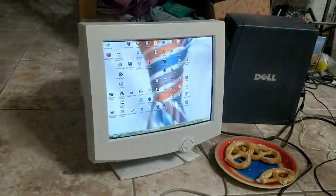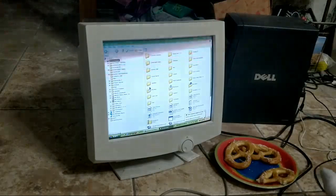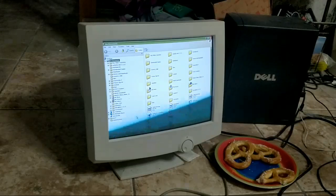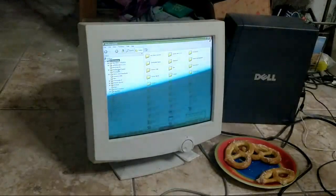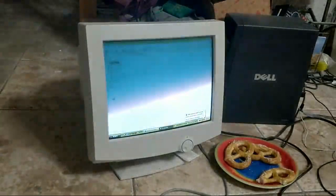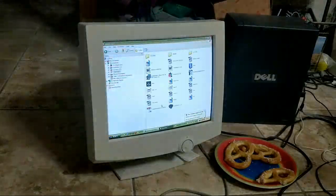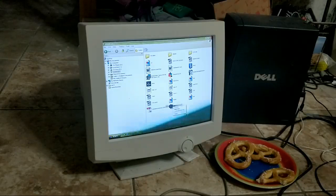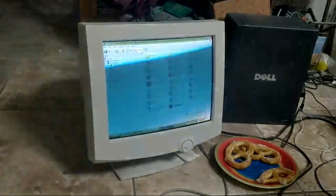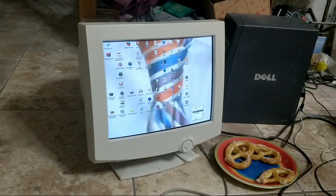Modern Windows doesn't do that. Modern Windows just closes the Explorer window that you had open. However, you can still go to Control Panel. And then, oh, it's over here. I forgot. And then, yeah, from there, then you can...